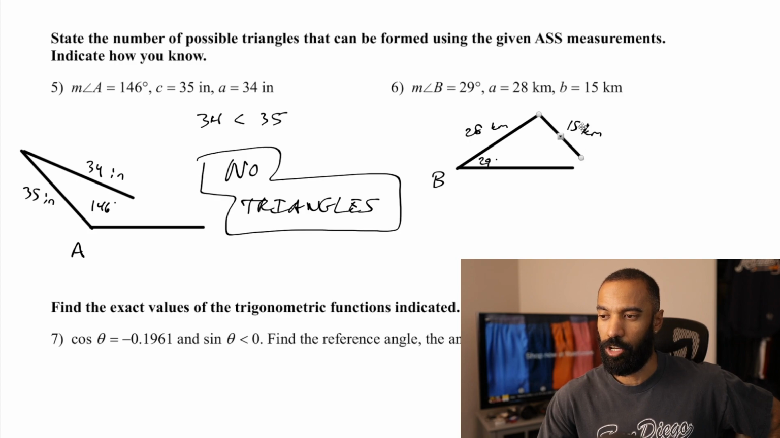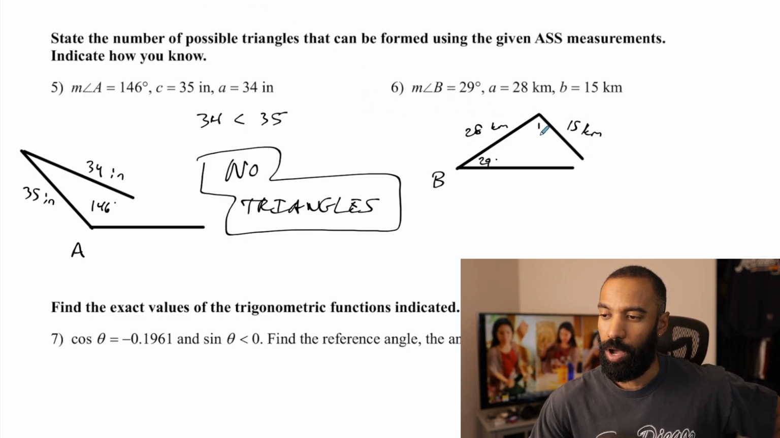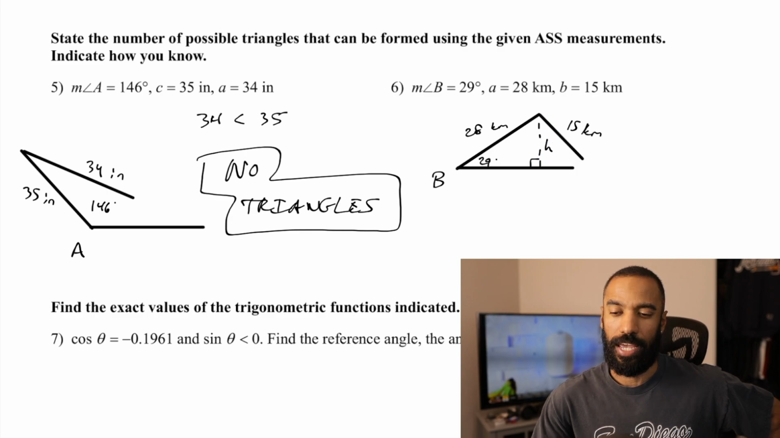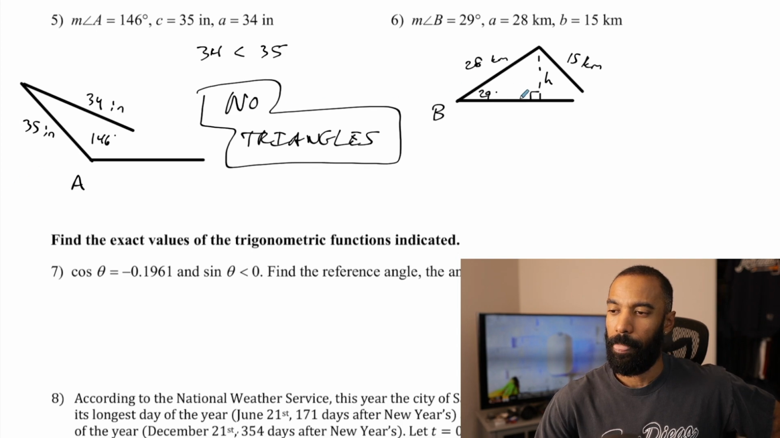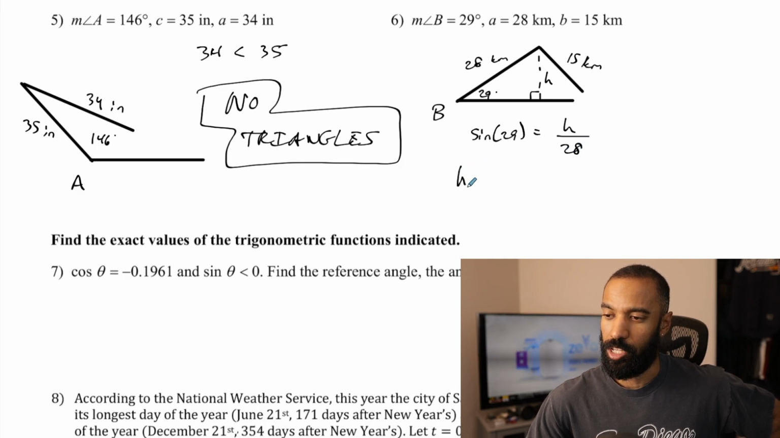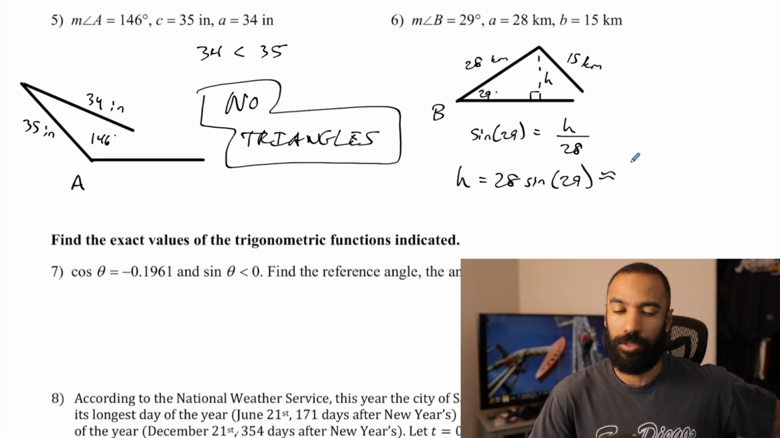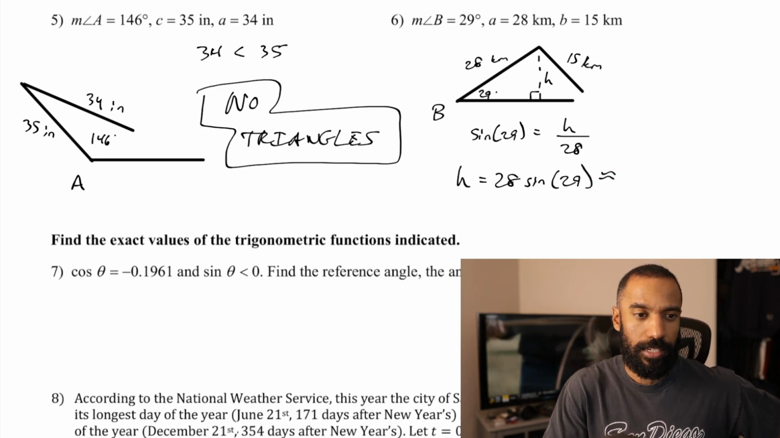So it could be 2 triangles, all depending on how big it is. And the question is, how far does it have to reach? Well, the shortest height you can have, if I call this some h right here, can be found using sine. So we can say sine of 29 equals h over 28. And multiply both sides by 28. H is 28 times the sine of 29, which is about